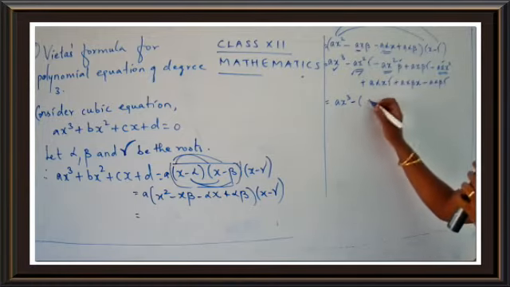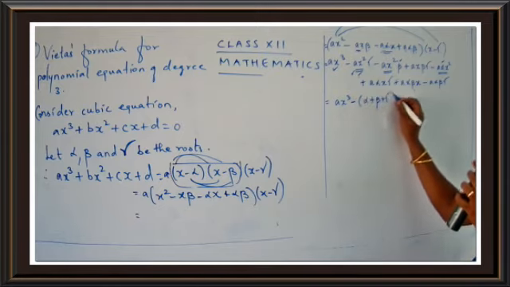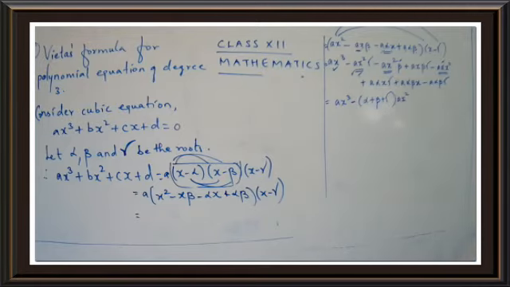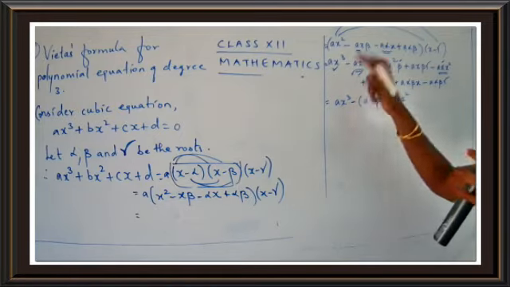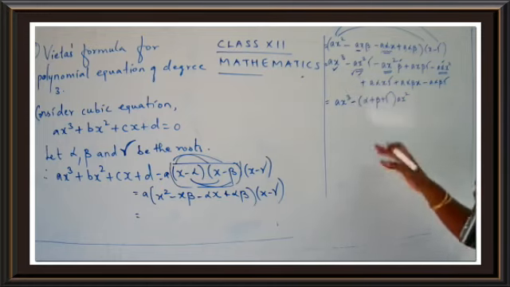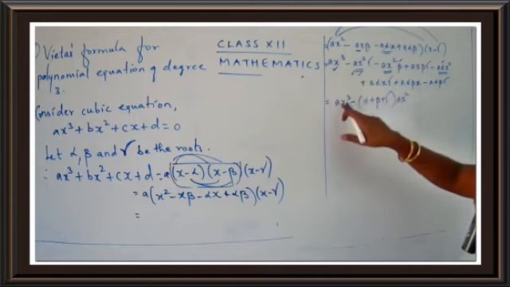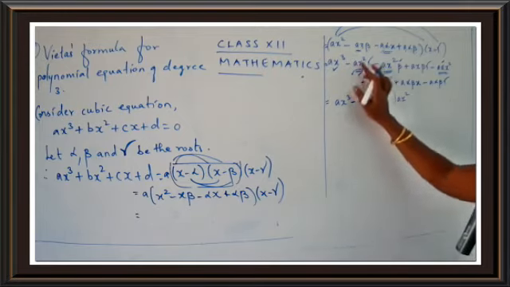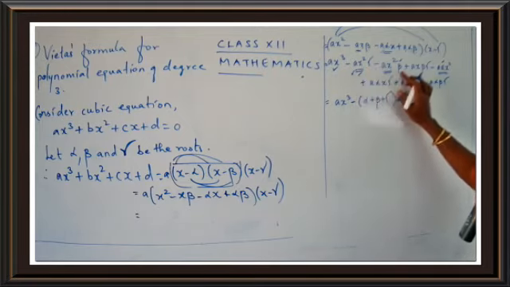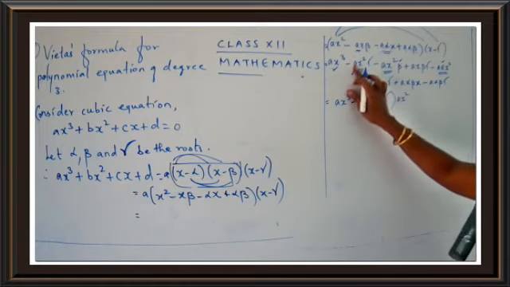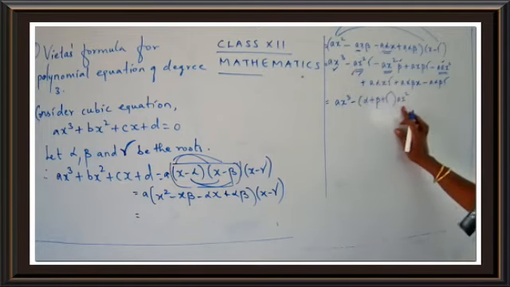So I'll try to write in order. Alpha plus beta plus gamma. What is the common part here? A x square. So what was the sign common? The sign was minus. And I have told you that if you take a minus sign common, the sign will change. So the negative term will change into positive term. So first of all, we have chosen x cube term. Only one x cube term was there. So a x cube. Okay. Minus, it's gamma, it's beta and it's alpha. So I have just written in order alpha, beta, gamma. That's all. And what is the common term? A x square. So I have written here a x square.